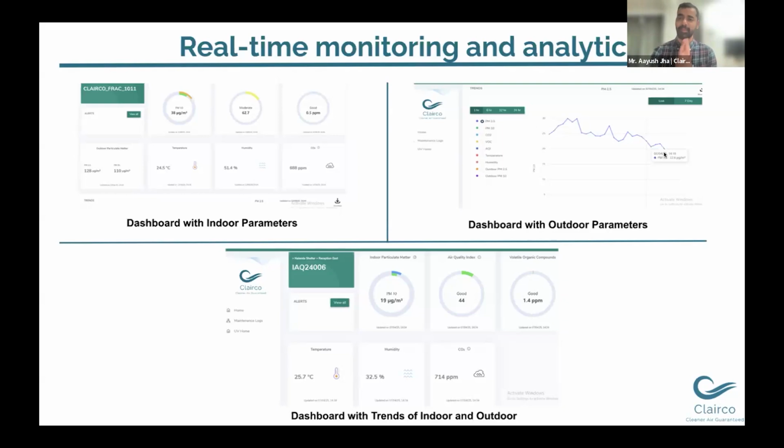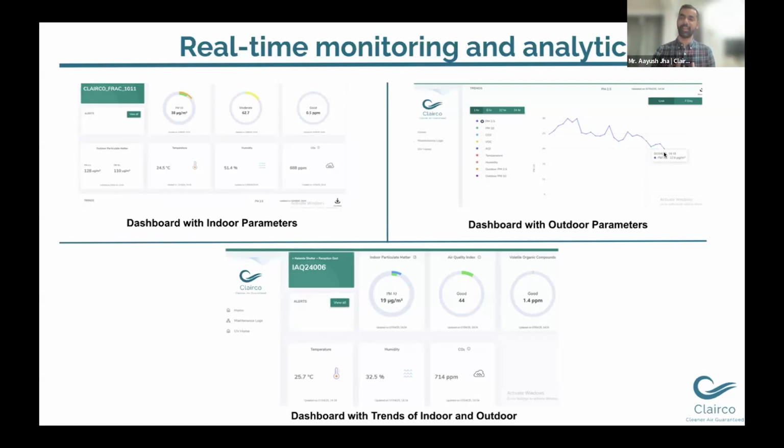For example, the same air filter in NCR, where the air quality is much worse than, say, for example, Bangalore, the filter will last much less. Bangalore's filter life will be way longer. But how do we anticipate these things? A good differential pressure sensor is a great way of doing it.